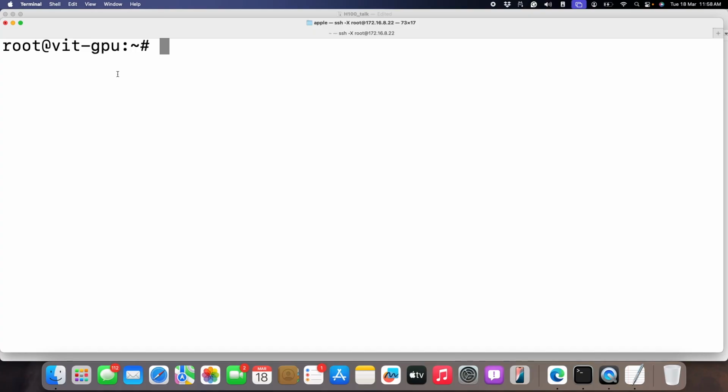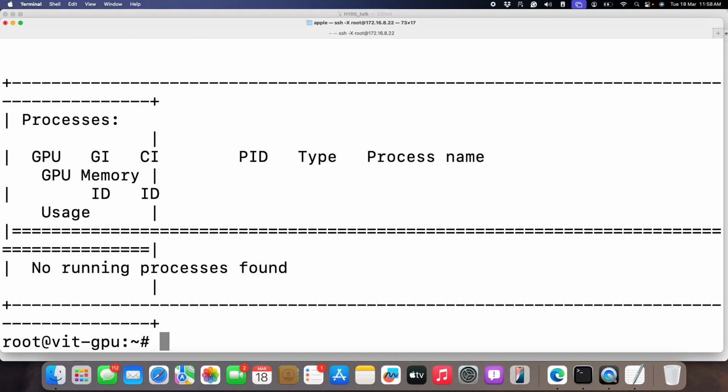Root at VIT GPU. Now this is what the admin has. So myself, Ilango sir, Balasundaram sir, Saranan sir, and around 5 or 6 of us have admin rights for our GPU, because the entire GPU we can leverage. So in the GPU we have this command. This command says that the complete